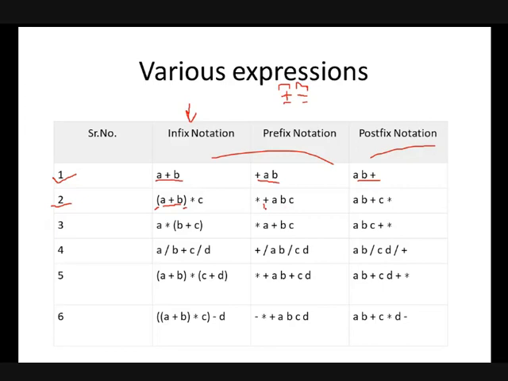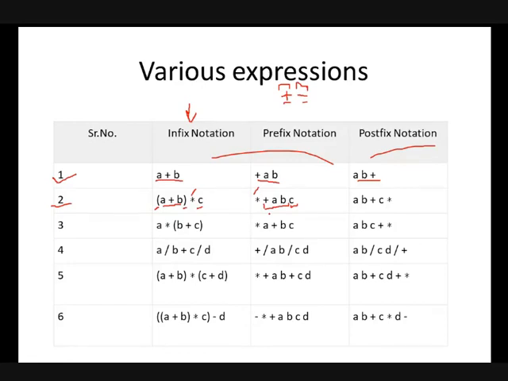Okay, so whenever I am having this plus ab, you can see that plus ab is another operand now, and the second operand is c. So whenever you are having two operands and an operator, in that case if you are writing in prefix form, then write the operator first and then both operands in sequence, first operand then second operand.